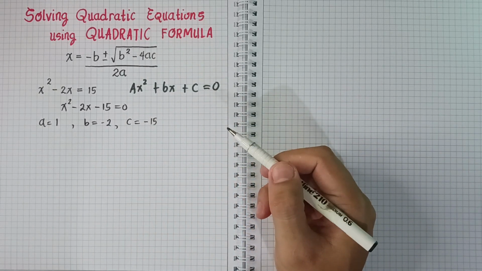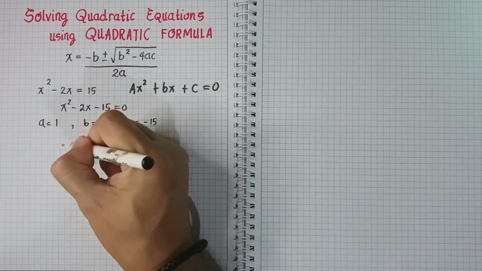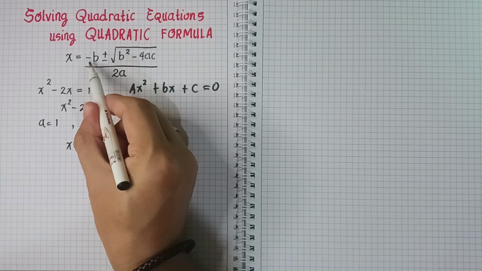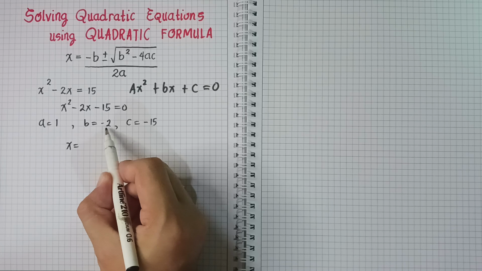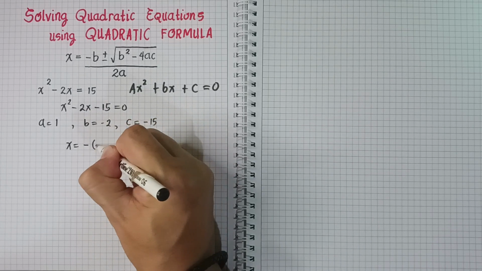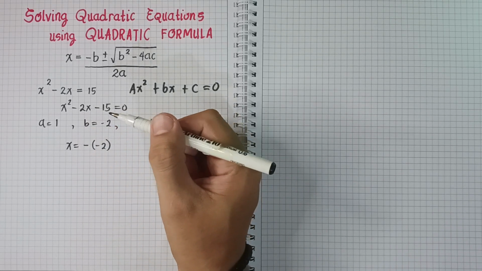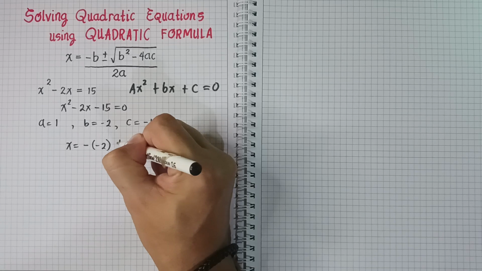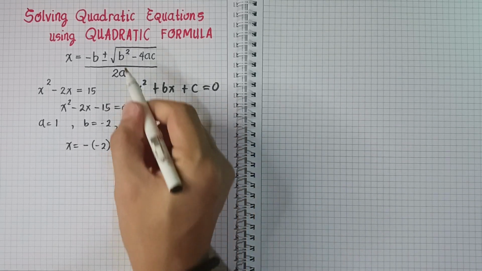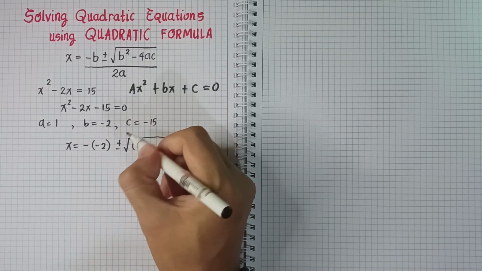So now we need to substitute in the formula. Okay, so x now is equal to, so take note, this is negative b, so our b here is negative 2. So do not forget the sign, just include it. It becomes negative times the quantity of negative 2. Okay. And then plus or minus the square root of b squared. Okay, your b here is negative 2. Just plug in all those values, a, b, and c.